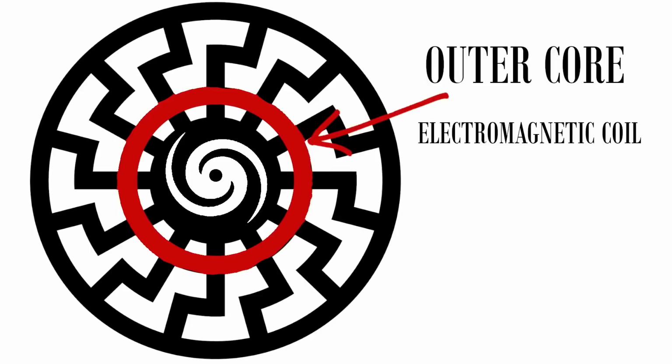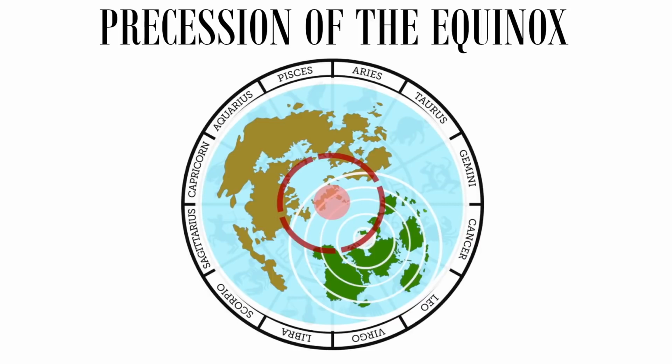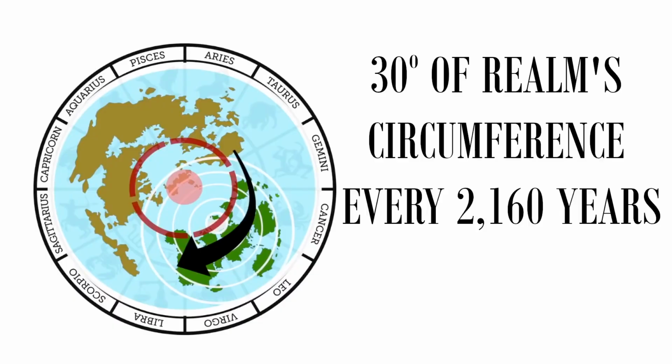And not only does this outer core move and take our magnetic North Pole with it, but it is highly likely that it moves in accordance with the precession of the equinox, in time with the stars above as they move from their fixed positions, which means that it probably moves 30 degrees of the realm's circumference every 2,160 years. The North Magnetic Pole is slowly moving, and it is as natural as the sun and moon's concentric journey